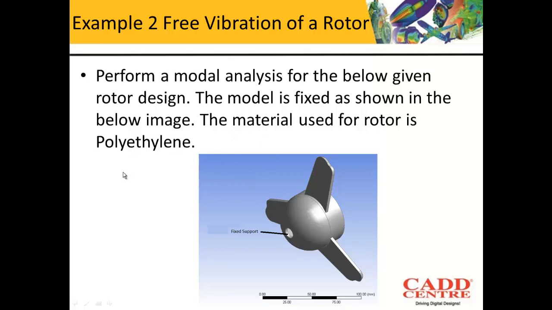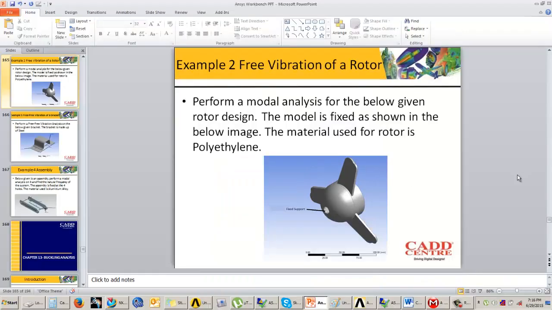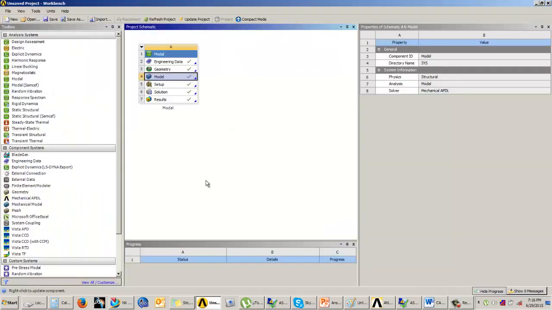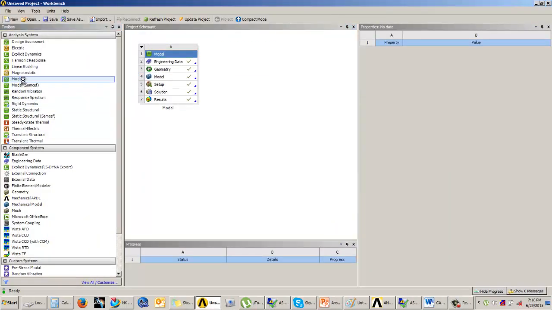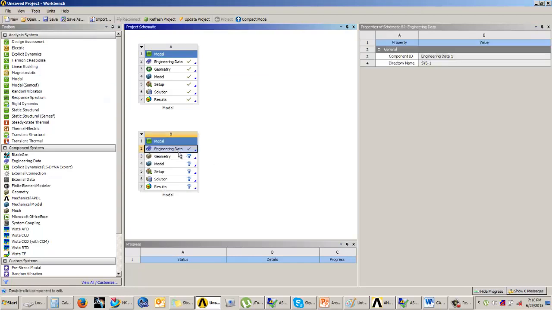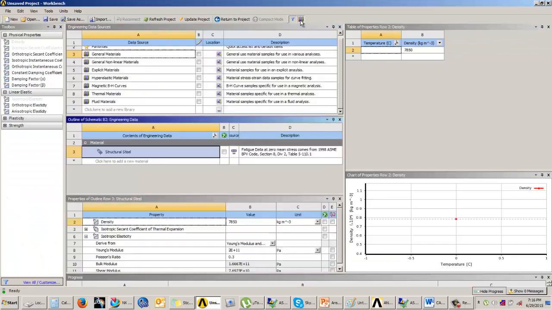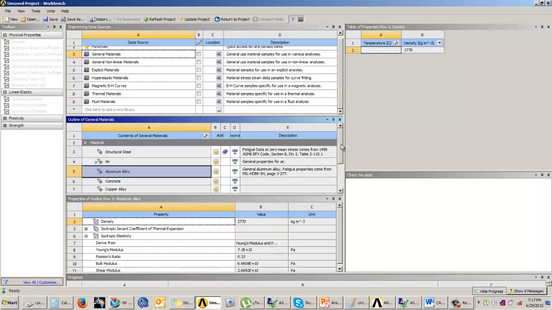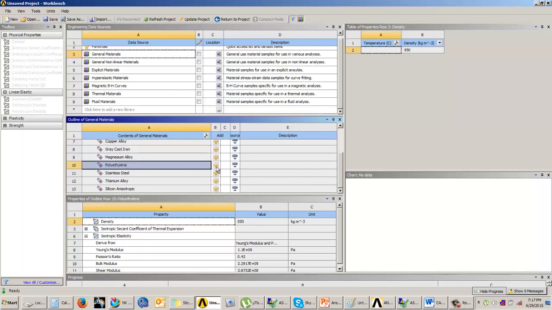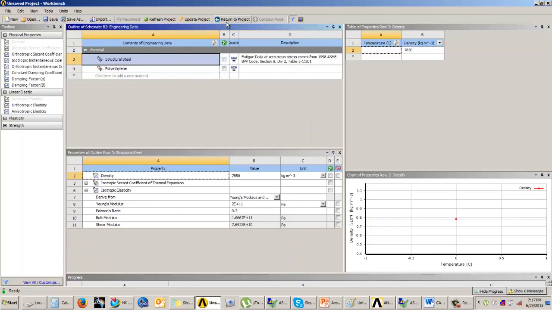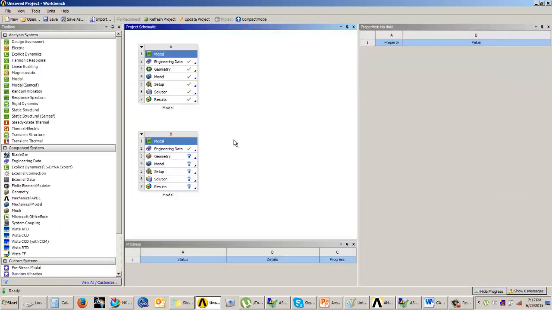Okay. So let us perform this analysis in Ansys Workbench. So now we will add another modal analysis system. Now, as described in the PPT, the material that we need to use here is polyethylene. So I need to come to the materials and add that polyethylene material. Once it is added, we can return to the project schematic window, and now again